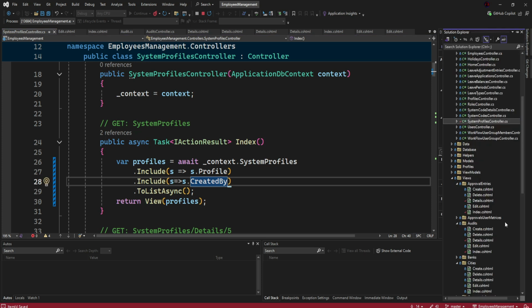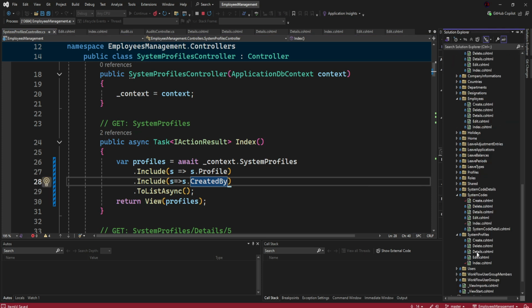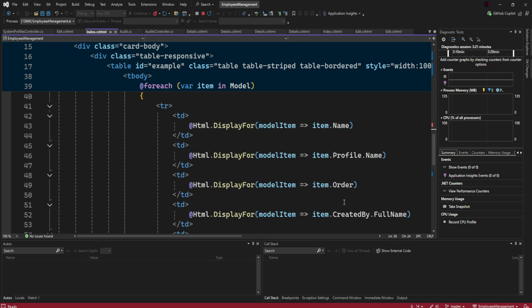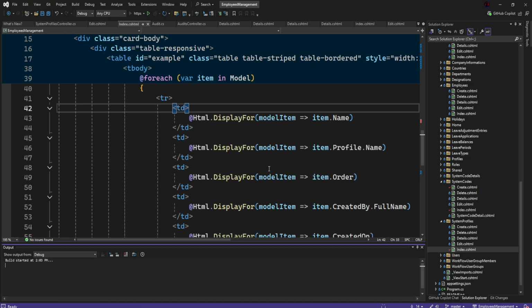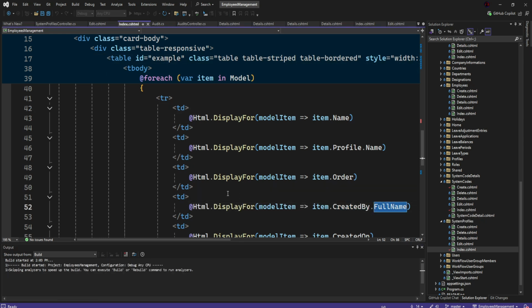So once we have that, then if we go to our profiles under index, we can now say created by, then the full name. So let's relaunch and see. If we relaunch, we should now be able to see the full name of the user who created that